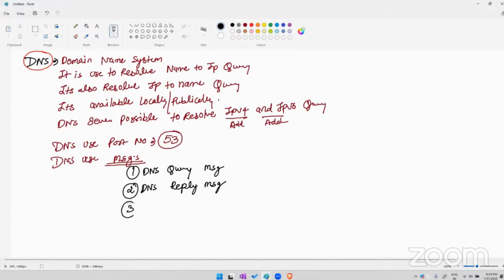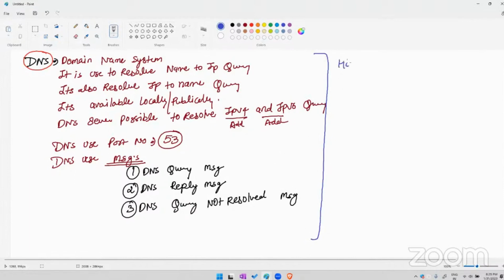And third, the DNS query not resolved message. So these three messages we are using in a production network. In most cases, if you are going for interviews, mostly the question we get is